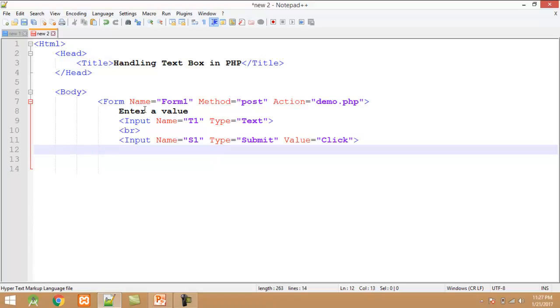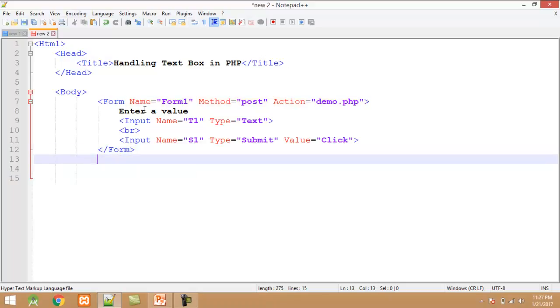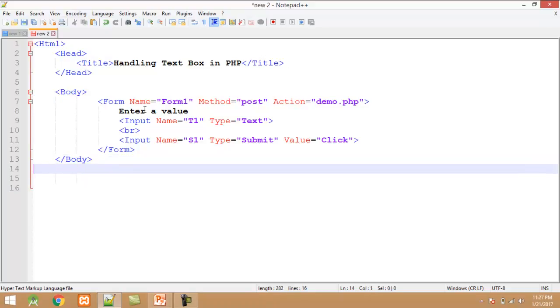After this I close all the tags: form, next one is body, and last one is HTML.